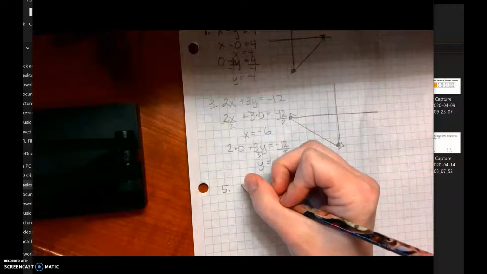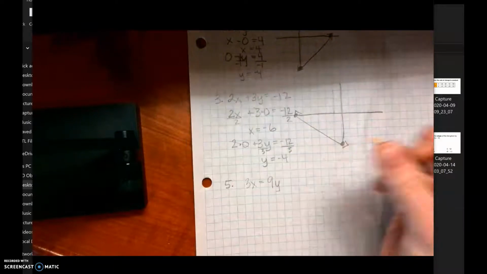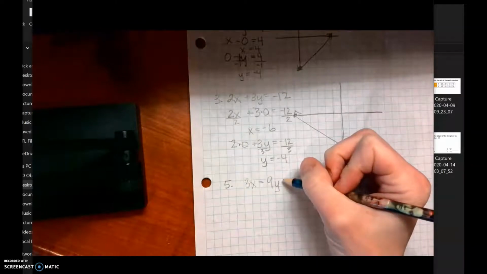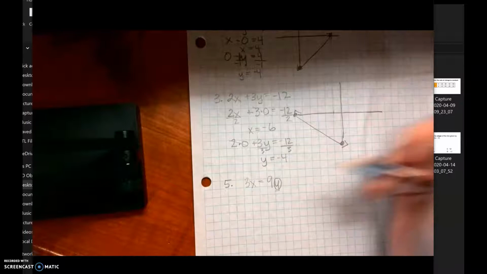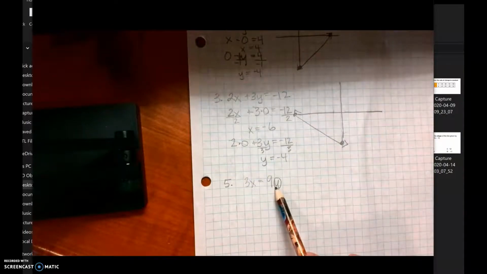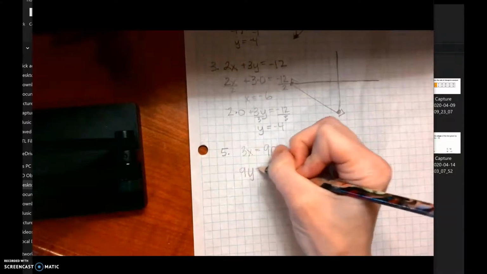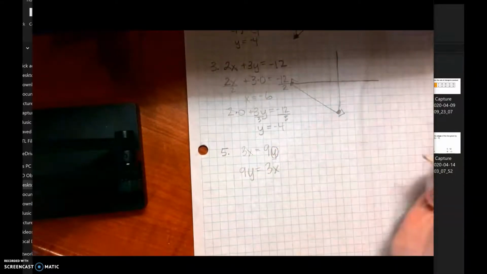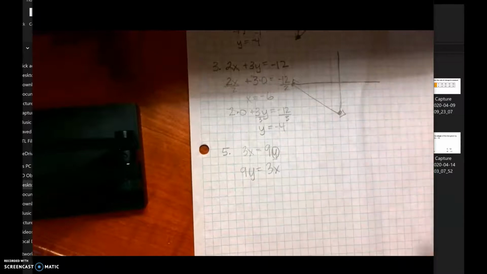So I've got my equation 3x equals 9y, and in order for this to be in slope-intercept form, I need y to be alone, and usually it's on the left side. So what I'm going to do first is flip-flop these sides. So I have 9y equals 3x. Okay, and I want to